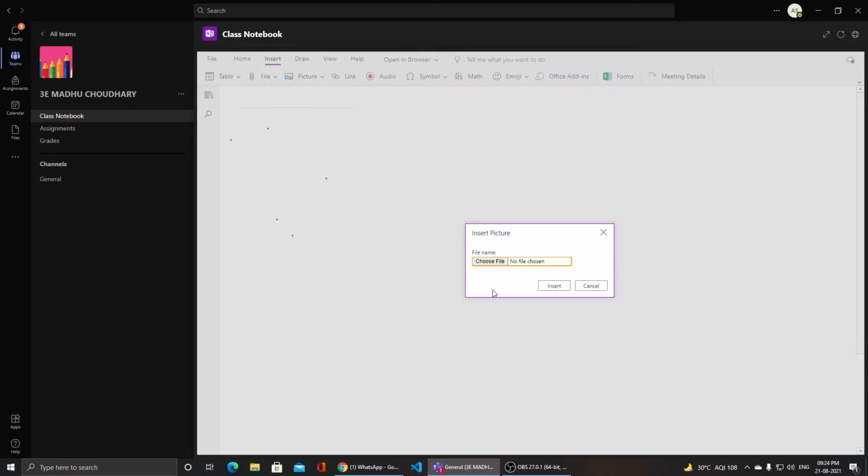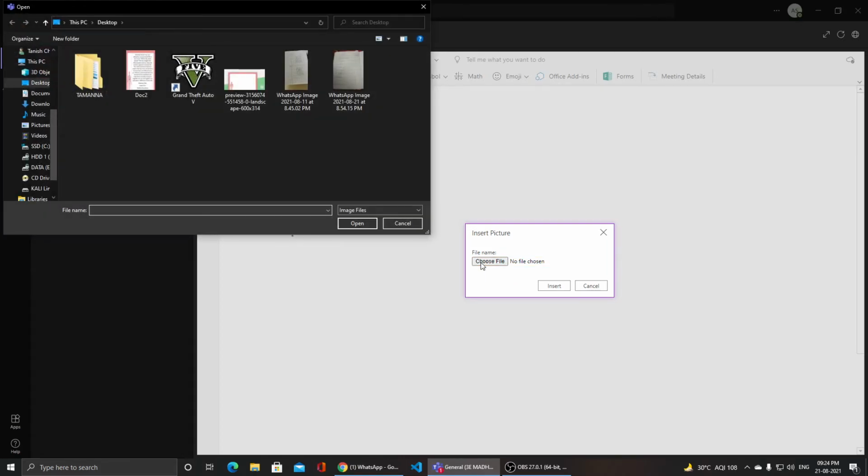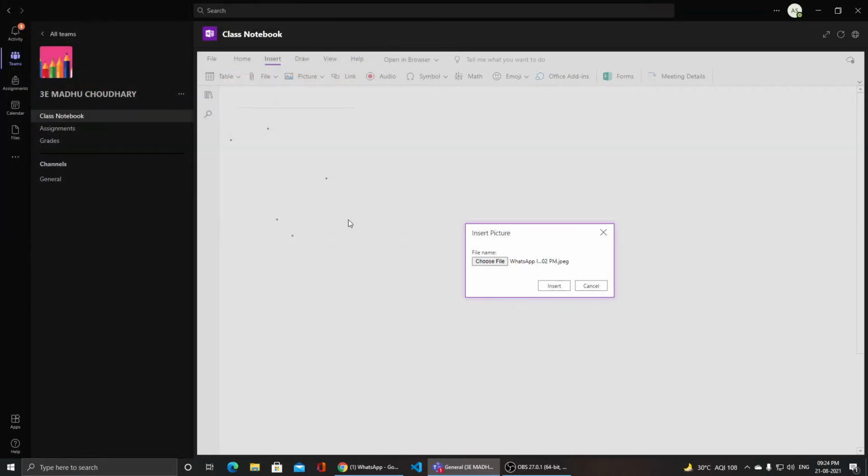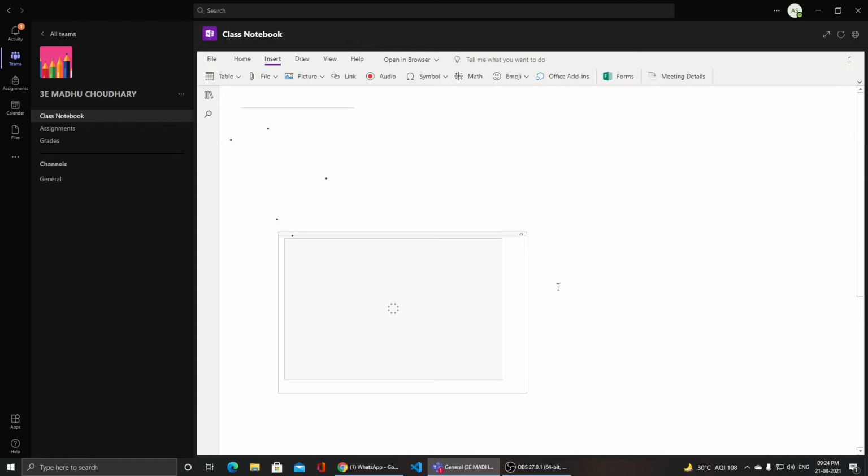Now here when I click on file, it is asking to choose a file. Now from where you have to select your file. My files are kept on desktop. So the second last picture is the homework which I have to upload. I will select this, open it, and then insert it.